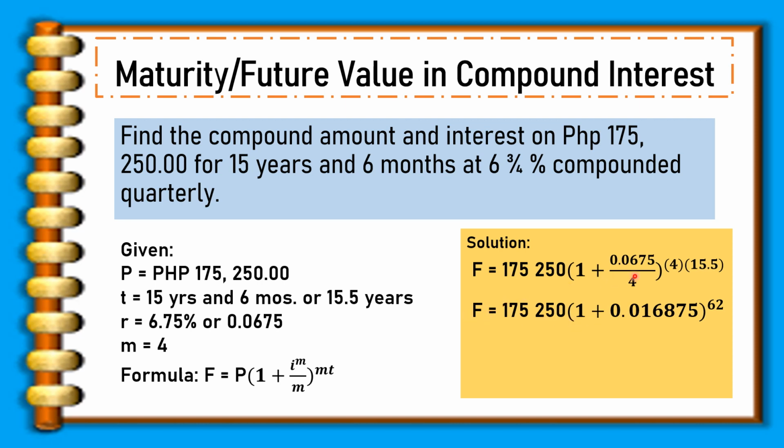Then 0.0675 over 4 is 0.016875, and 4 times 15.5 is 62. Then 1 plus 0.016875 raised to 62 is 2.82221022. Multiply this by 175,250, it will give you